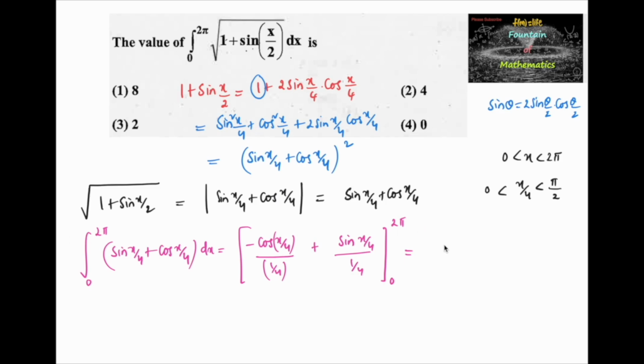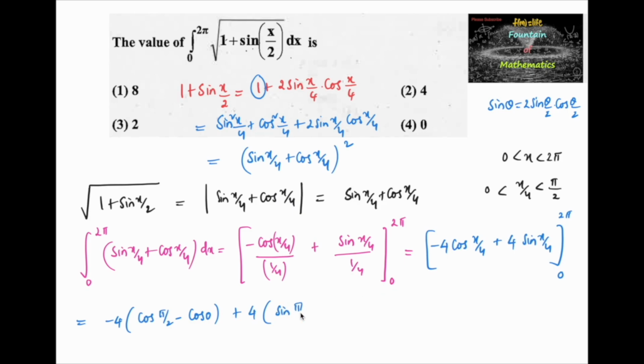So we can write it as minus 4 cos of x by 4 plus 4 sin of x by 4 over the limits 0 to 2 pi, which is equal to negative 4 of, applying the limits, cos 2 pi by 4, that is pi by 2, minus lower limit cos 0, and again plus 4 times sin 2 pi by 4, that is pi by 2, minus sin 0,